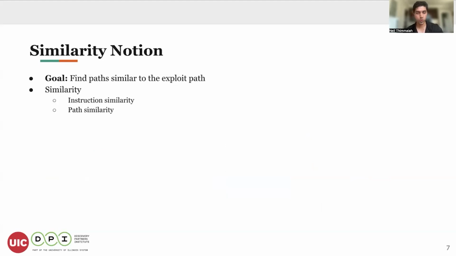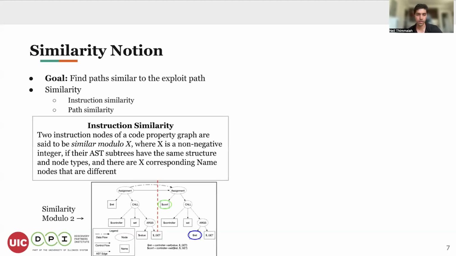So before jumping into how we discover similar paths in comparison to the original path, which is the main goal of FIXX, let us look at the two similarity notions that we discuss in this paper. The first of which being the instruction similarity, where we say that two instructions in the graph of the application are similar modulo x, where x is just a non-negative integer that we introduce. We say that they're similar if their AST subtrees have the same structure. So the abstract syntax tree needs to have the same structure and node types, and their x corresponding name nodes that are different,